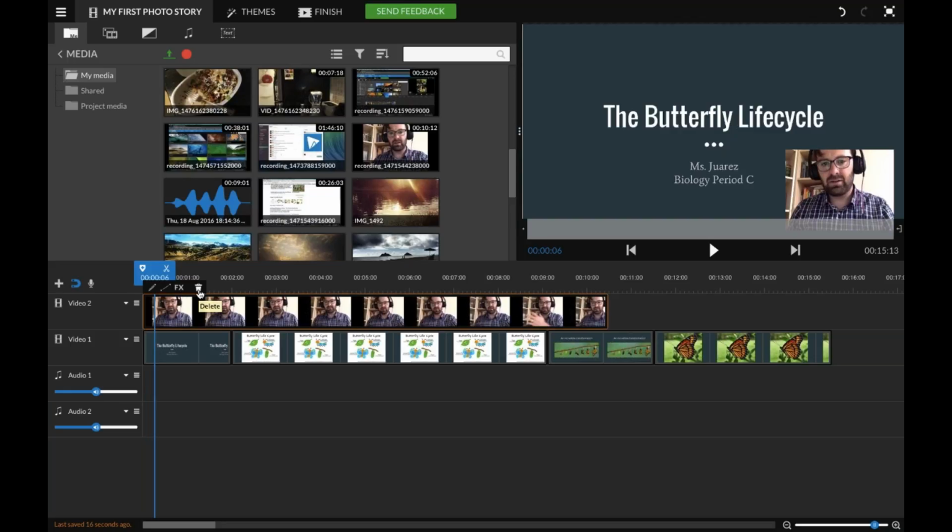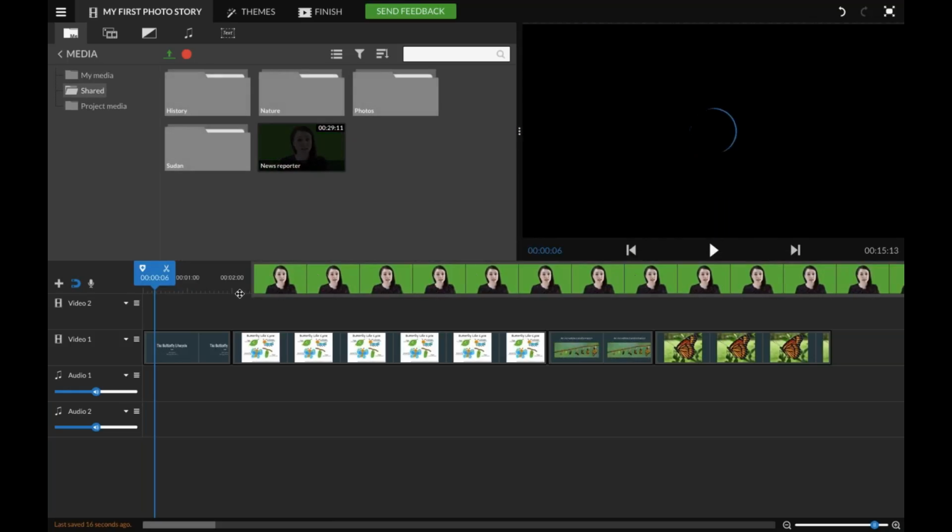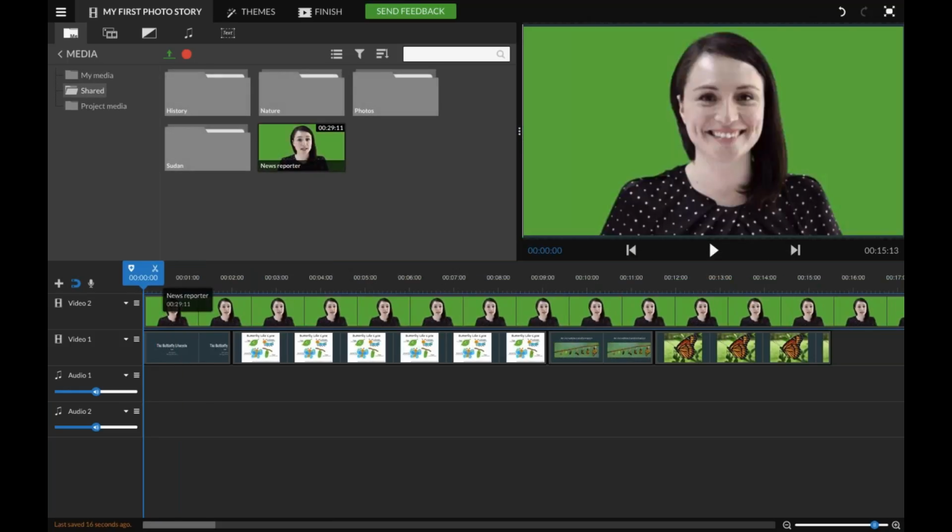So to get more sophisticated, we can go to the green screen option. So record ourselves in front of a green screen. And the entire concept here is that we're going to cut out this solid green color here. And we're going to reveal what's in the background.